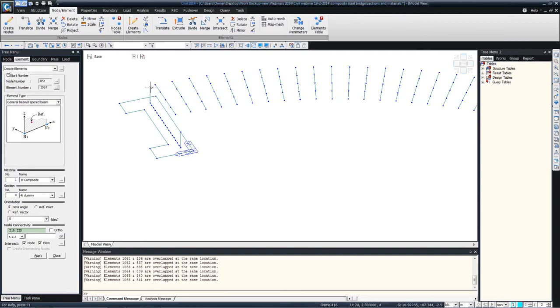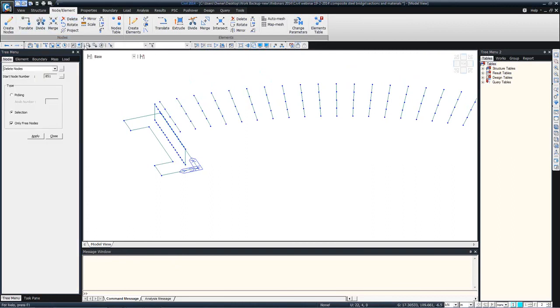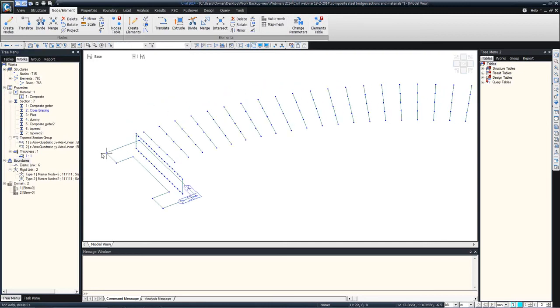So that's the abutment shear. I'll delete all the free nodes if there are any, using this option now. Okay, so to mesh this entire area quickly, we can go for the